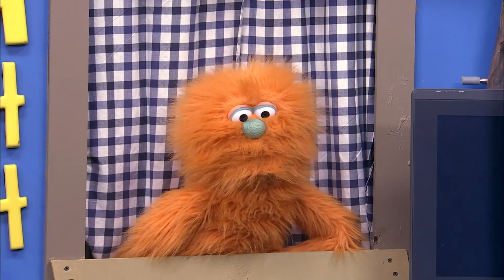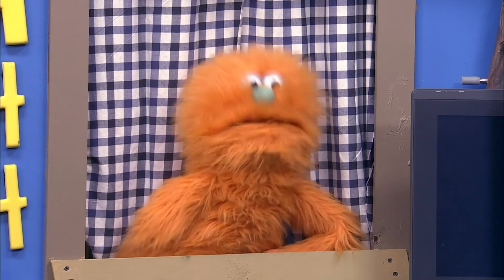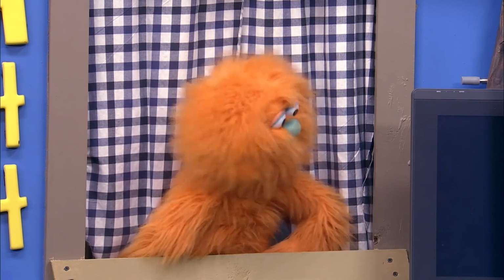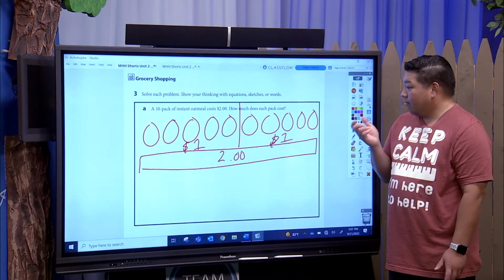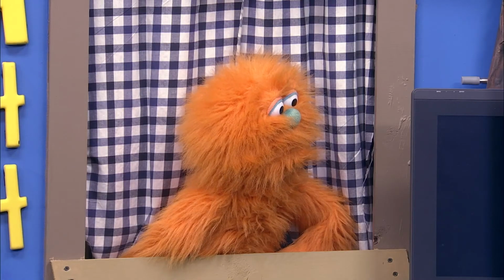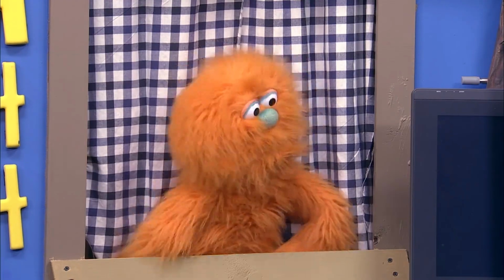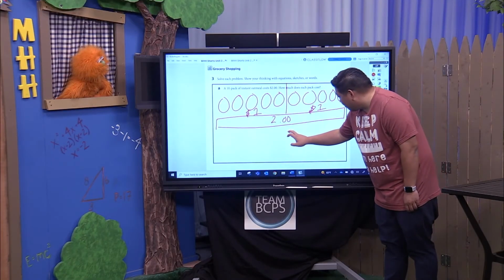Well, let me think. We could actually try. We could kind of take a guess at it. Pick a lower number. Okay. So maybe like 15. 15 cents. So if we had 15 cents